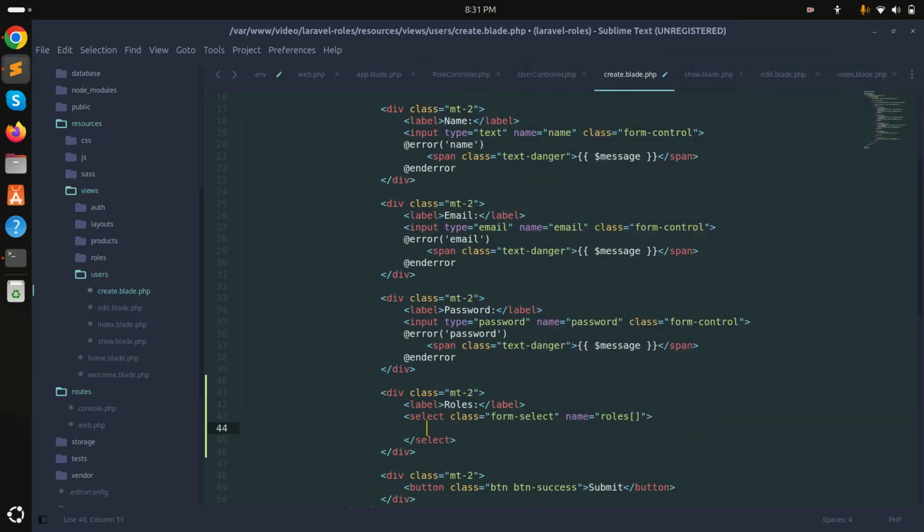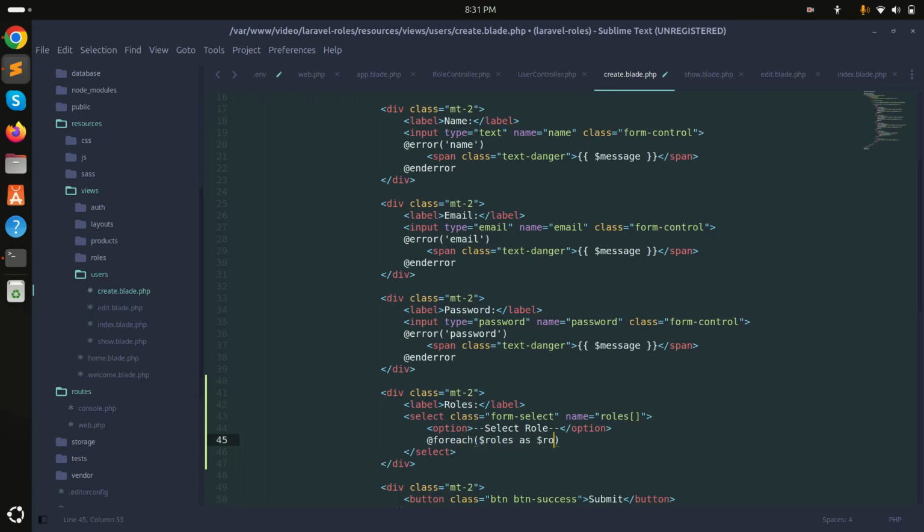Then here will be options, that's called select role. And at the end I will say foreach roles as a role,